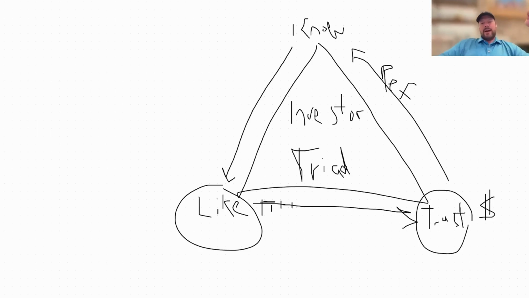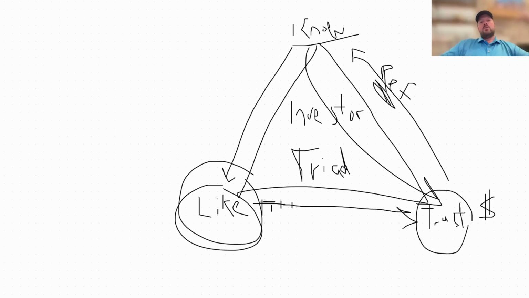And what's very interesting, if you study this enough, is that the referrals actually skip the liking phase. They typically go straight from knowing you, and because it came from a trusted referral source, they go straight into trusting you to the point that they will start to invest with you without even getting to know you enough to like you and then eventually trust you. There's an inherent amount of trust when someone they know, like, and trust is trusting enough in you that they start to refer business to you or refer you to somebody else.